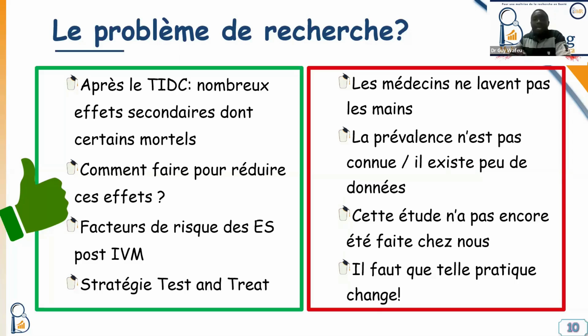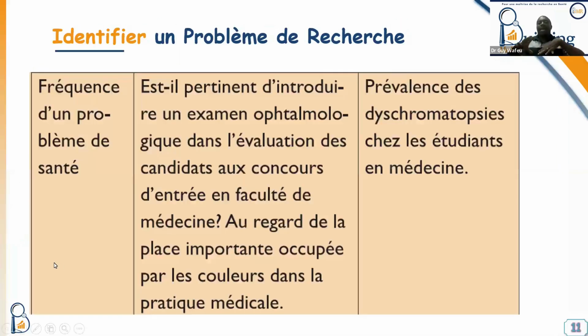Another example, which is not really a research problem, is when they say, for example, that data are not available in our context, or the prevalence is not known in our context, or there are very few data on this topic, and that's why I'm doing this topic. That is not enough to do a research, because there are several problems where you don't know, but it doesn't interest anyone. There is no interest about that. So always make sure that you have a problem behind, and the fact of not knowing must just be something complementary and not the main reason why you are trying to do your research. And as I said, there are usually 5 axes that are defined where you can easily find a research problem.